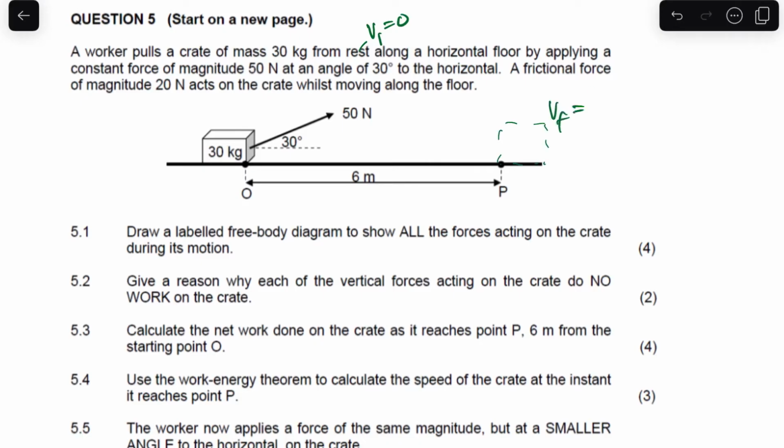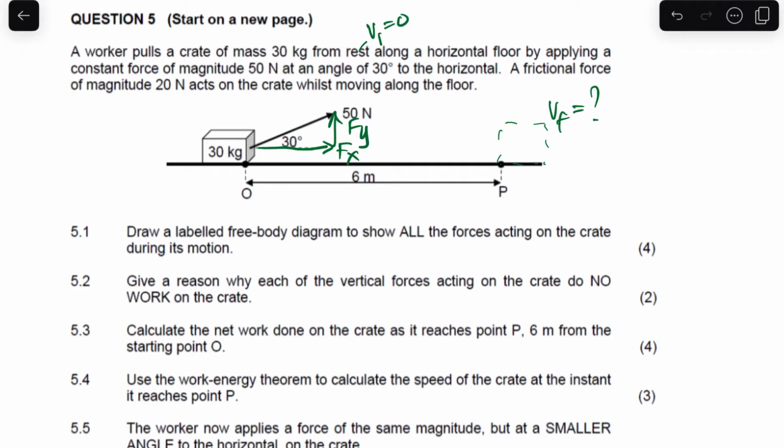So there's a final velocity there. And since it's pulled at an angle, there are components. There will be an Fx there and an Fy there. It's very important. Now, question 5.1 says: draw a labelled free body diagram showing all the forces acting on